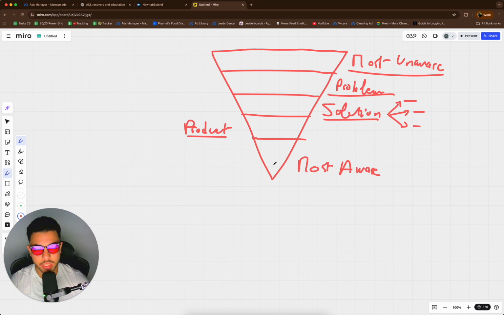And Meta doesn't want that because Meta has two customers, even though only one of them pays. So they have the media buyers, so people that buy the media, and they have the free users, so users that just use the app. And believe it or not, they want to satisfy these people more than they want to satisfy these, because these would not exist without these people. And if their experience on Meta is just, hey, click here, sign up now, buy now, 5 pieces left, etc., then it's creating a bad experience. So what they want it to be is more like an educational thing.